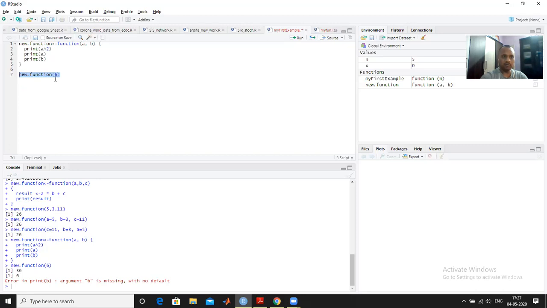The second output, print a, is 6. And what about print b? Error in print b: argument b is missing with no default. There is no default value because I have not supplied any value. It is not giving an error until the place where this argument is used. That's clear.